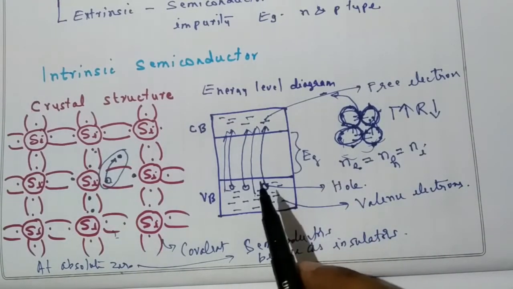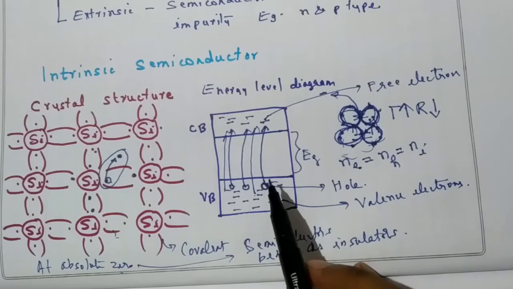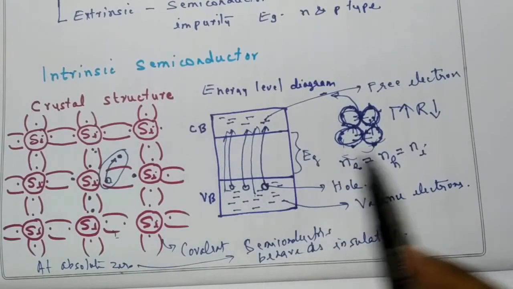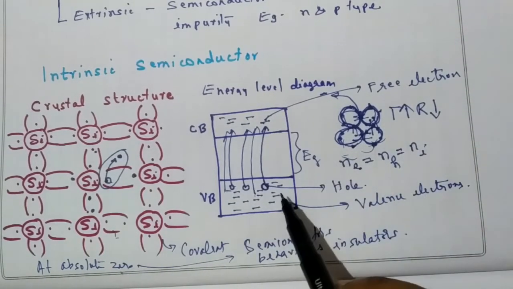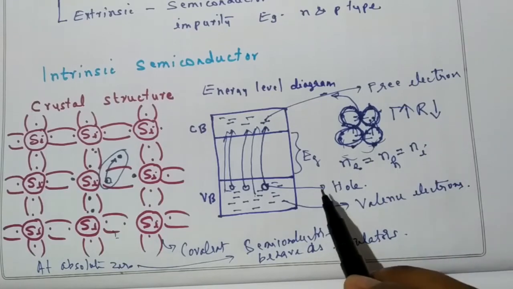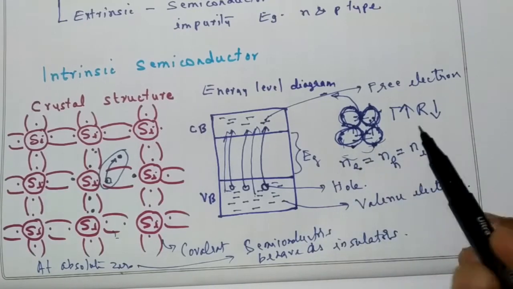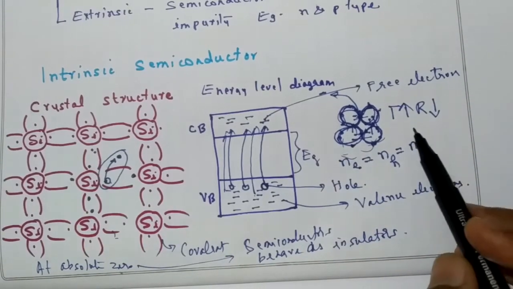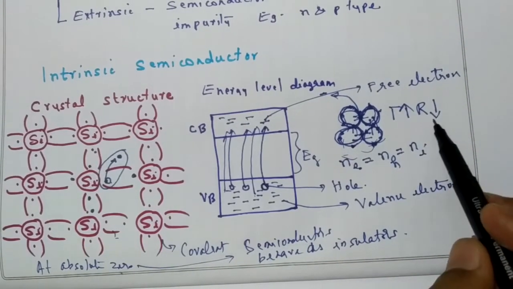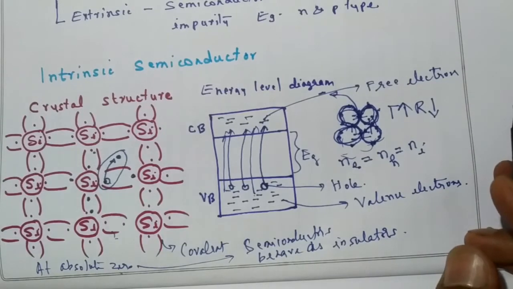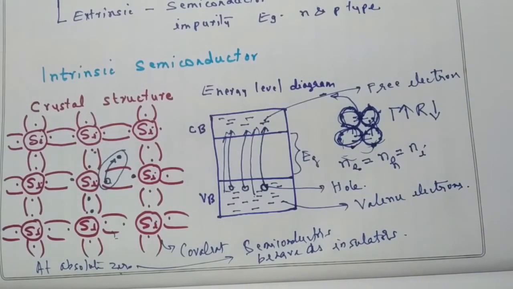That is why semiconductors have a negative temperature coefficient of resistance, unlike conductors. What will happen in the conductors? As the temperature is raised, the resistance will increase, but here as the temperature is raised, resistance will decrease exponentially,